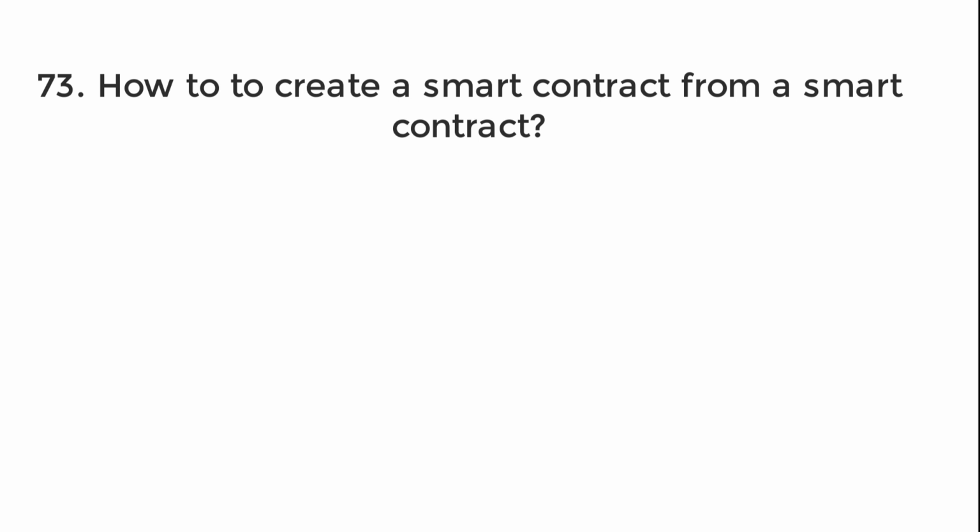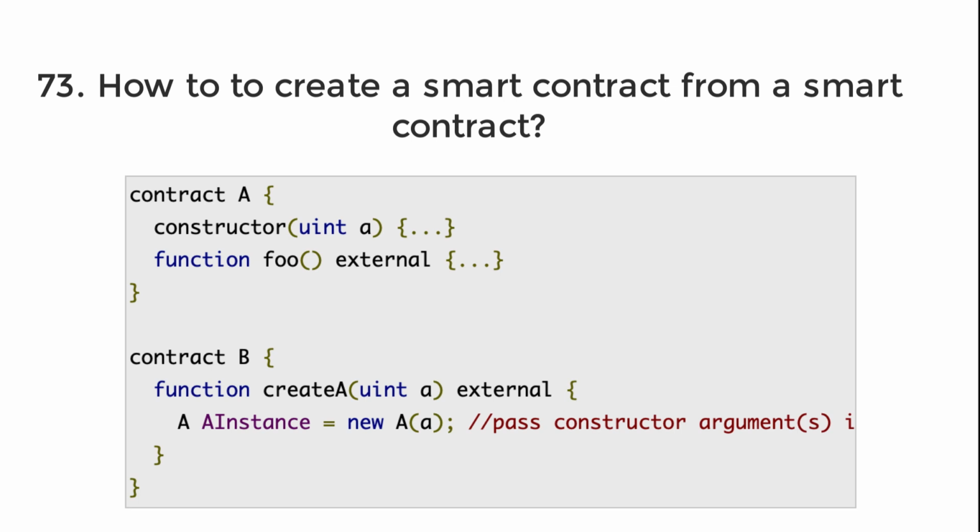How to create a smart contract from another smart contract? First, you need to import the contract to create. So either use the import keyword, or in this example we actually define the two contracts in the same file. And after, from the smart contract from which you want to create the other smart contract, you're going to use the new keyword followed by the name of the contract to create, and between parentheses you're going to pass a parameter if you need to give an argument to the constructor of the new contract.